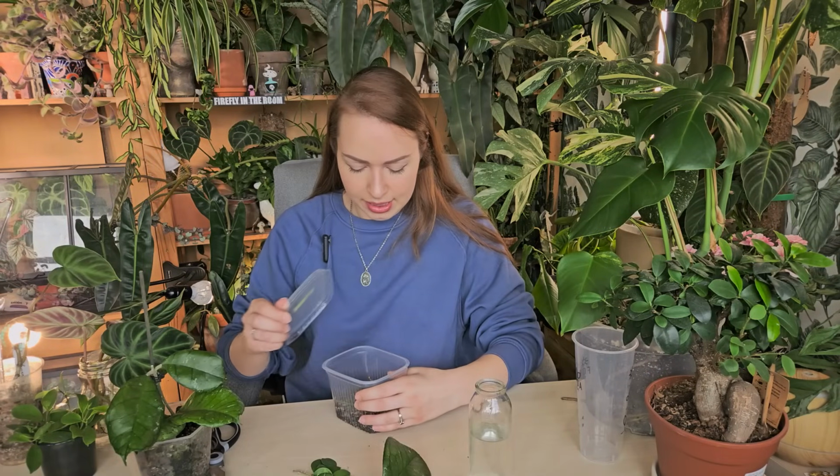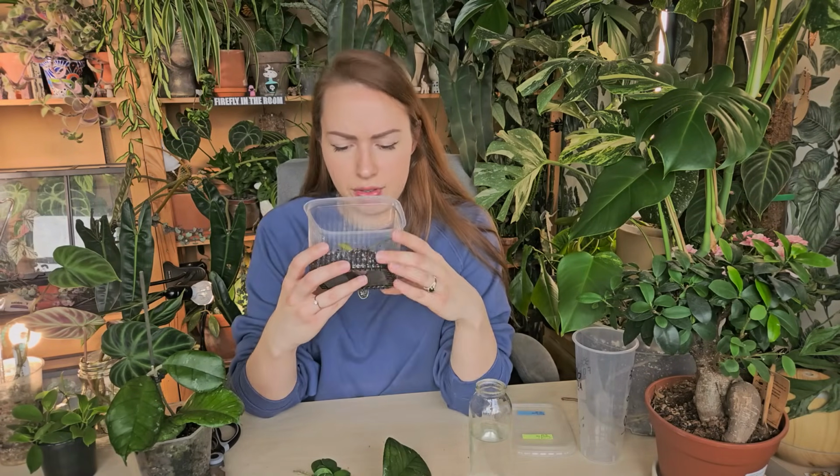Okay, so I have this prop station that actually was supposed to grow the seeds that I received from, I think, Natalia, but none of them actually started to grow. So